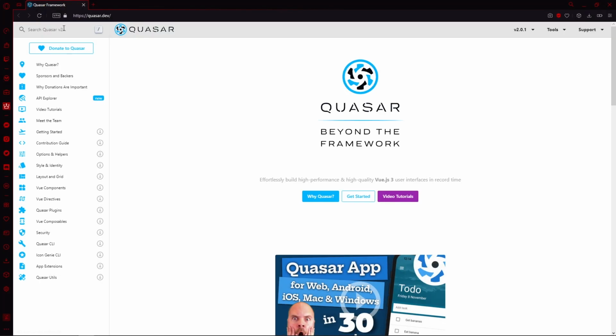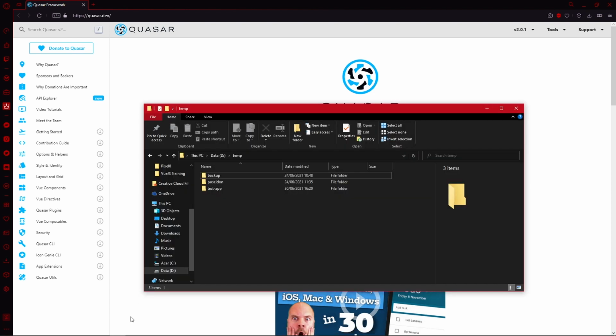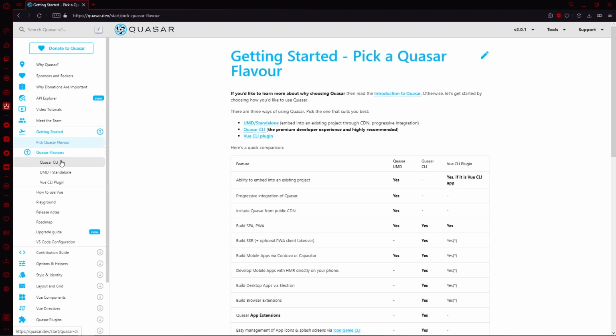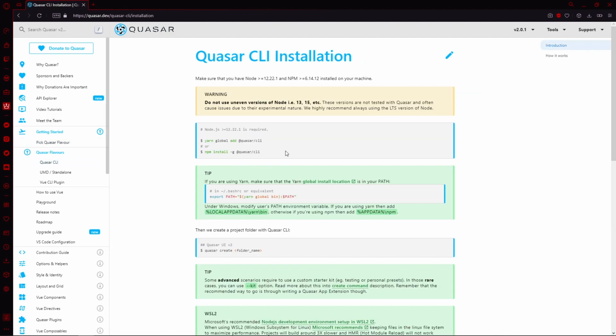So here's, as you can see, the website of Quasar, and using this is how we start. Since I have mine already installed, I'm going to show you how to install Quasar. So let's get started. We choose Quasar CLI and then we head over here. As you can see, installation is as simple as a single command. So all you need to do is open your terminal with Node.js installed and then type this command, which is